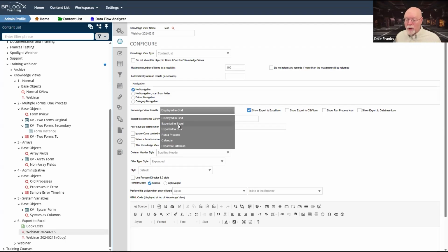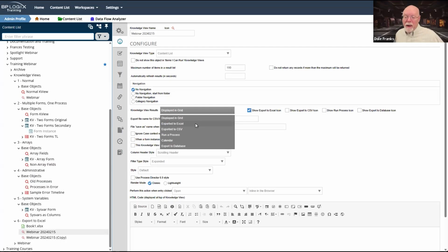Although it is possible to run some knowledge views, and we have customers who do that, who have a couple of knowledge views that they do run on an automated basis from a goal, and they just export it to some local file system, and they can go in and look at it at their leisure. So there are reasons to do it. Generally not for stuff that you're showing to end users, but there are reasons to do it.